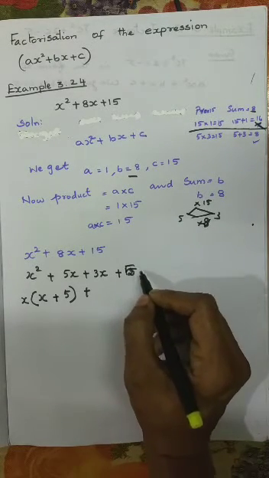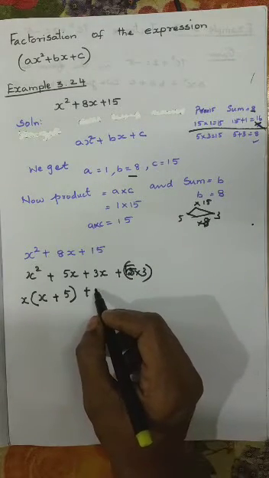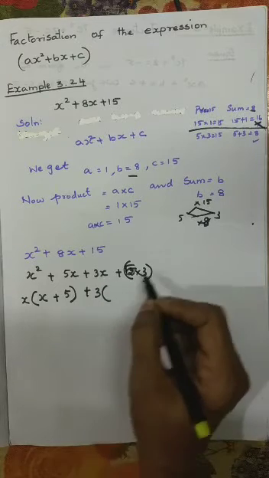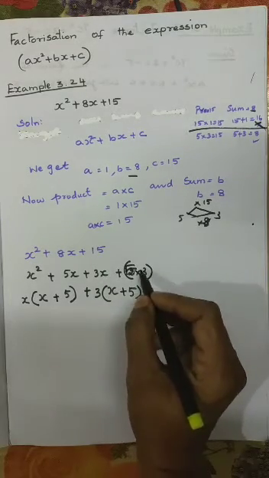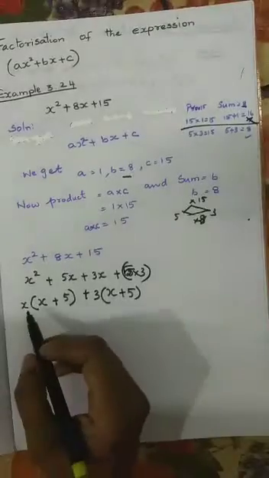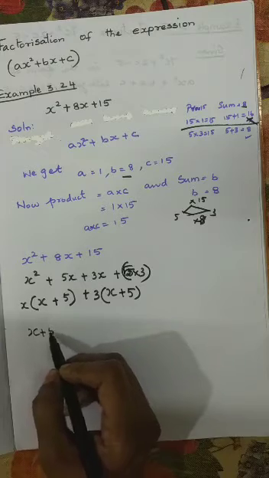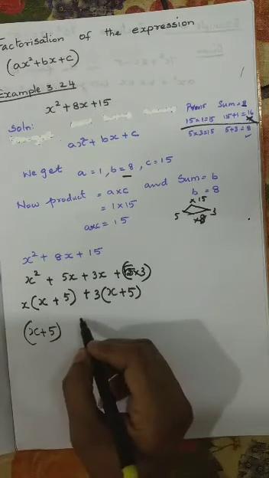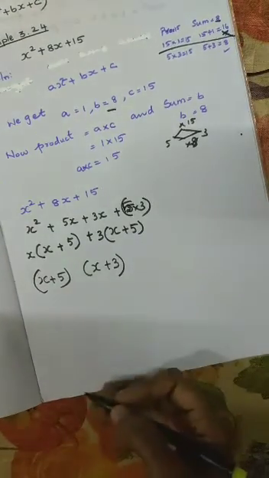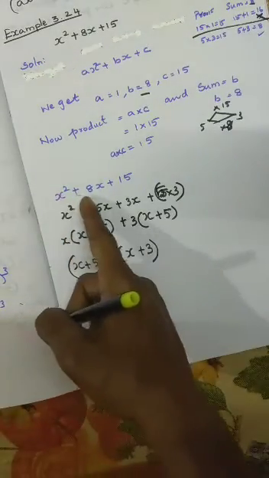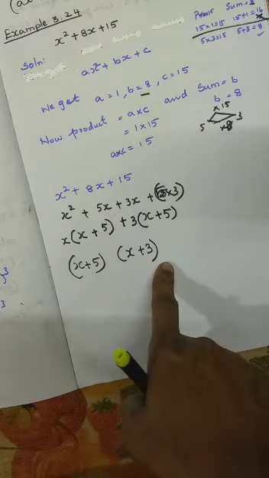Now we can write it like this: 3 5s, we have split this 15 into 5 into 3. Okay? Plus 3x. Now we have taken 3 outside. Here there is a 3 and here there is a 3, remaining is x plus 5. Here remaining x, here remaining 5. Okay, now here one x plus 5, here one x plus 5. We can take x plus 5 common. Okay, here remaining is x, here remaining is 3. So the answer for x square plus 8x plus 15 is x plus 5 into x plus 3.